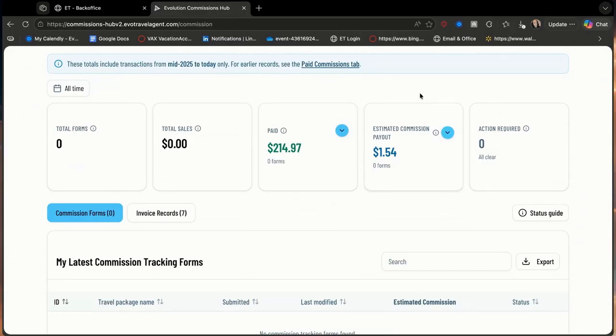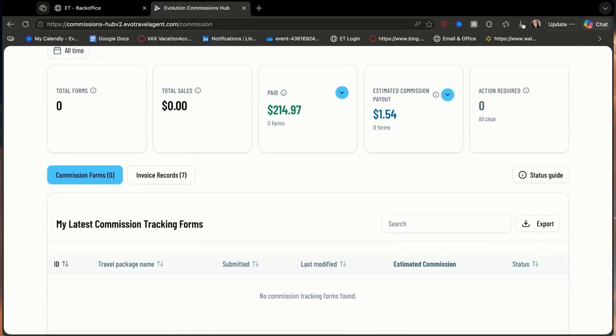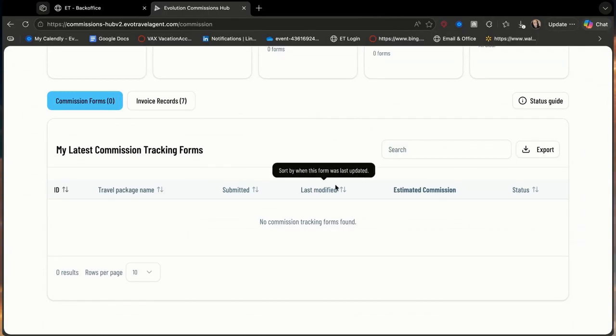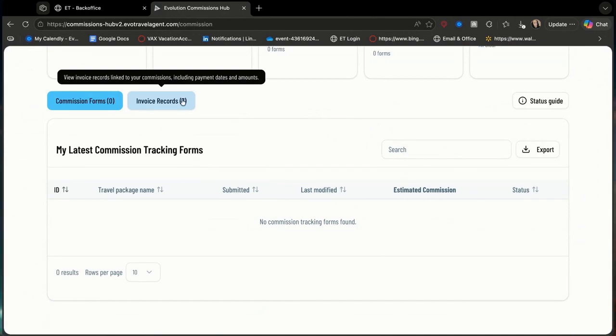And then if they have an action required. If there's something wrong with your commission tracking forms, it'll tell you right here, okay? Now, the reason I like to show you guys this is because it's pretty cool. Before, we weren't able to see what we were getting paid, okay? But now we can. So right here, if we had commissions, like if we submit them, they're here, right? But if you click invoice records, this is your invoice records linked to your commissions, including payment dates and